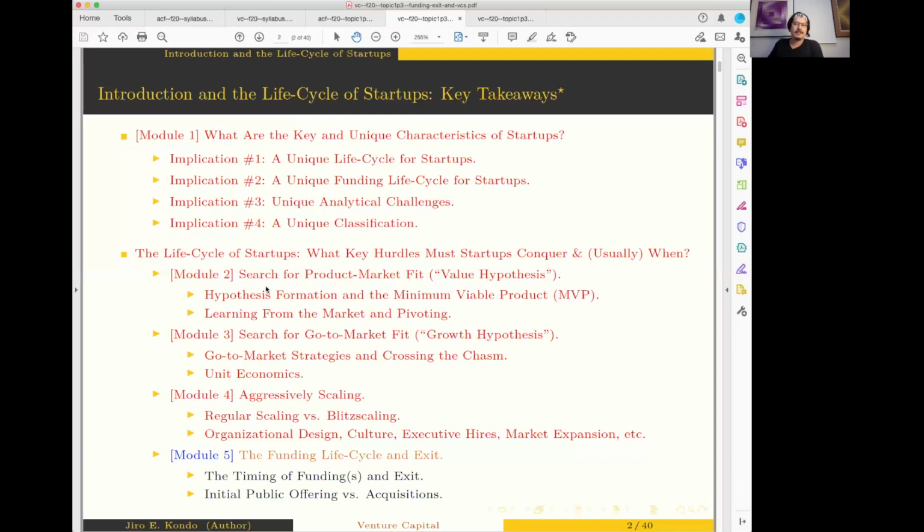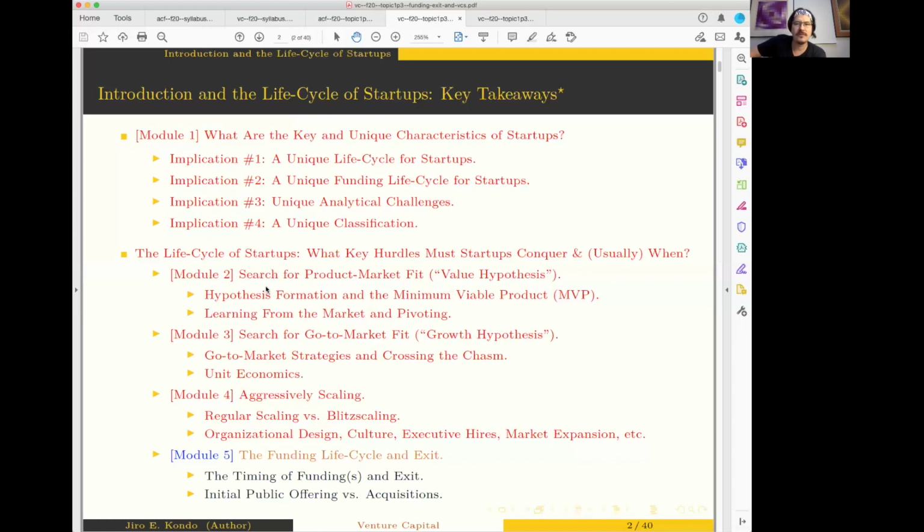Because the exit, which is, again, most notably IPOs and acquisitions. There are some new flavors popping up in the market today. One of which I'll talk briefly about today is the direct listing version of an IPO. One I will not talk about today in class, but I'm giving you a problem on in homework 1 for the course, is the SPAC, the Special Purpose Acquisition Company channel for exiting. But we'll talk about some of those details.